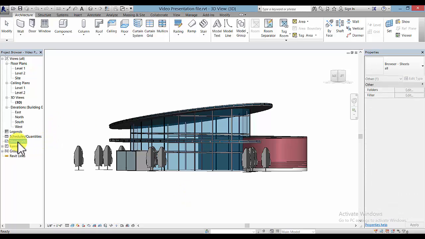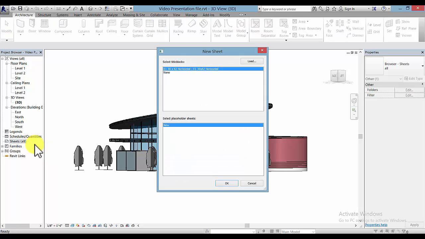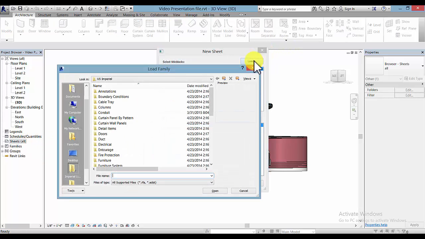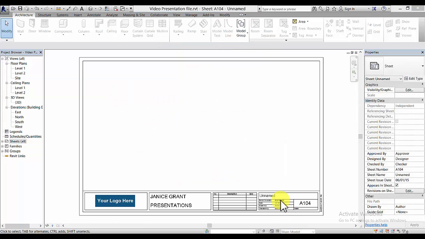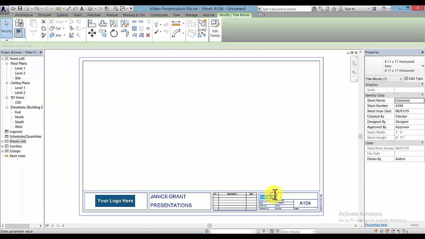So here we can highlight sheets, right click and pick new sheets in the project browser, pick the load button and navigate over to that new 11 by 17 sheet that you created with your logo and your design. Once you load it, you can pick OK and call this sheet the title sheet